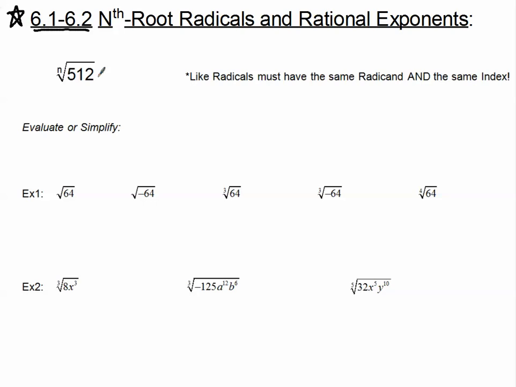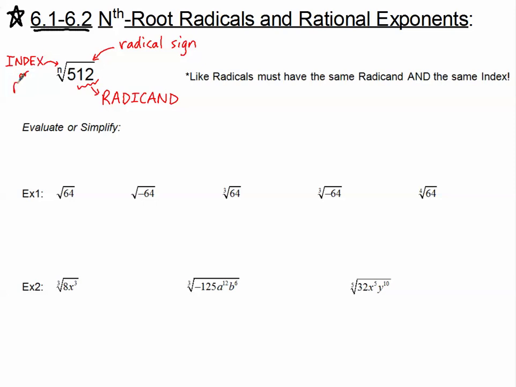So let's first talk about this symbol. We have our radical sign, this radical symbol or radical sign. We have a number or a variable or an expression that's underneath our radical sign, and that is called our radicand. The radicand is the stuff that's underneath a radical symbol. And then we have this other little number that's out here, and that represents our index